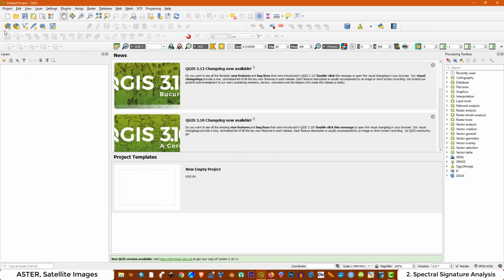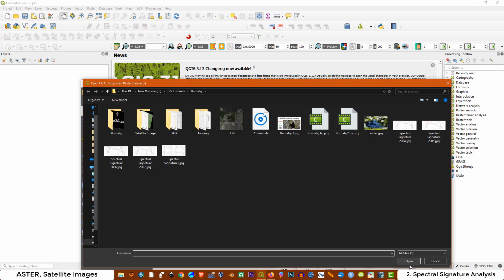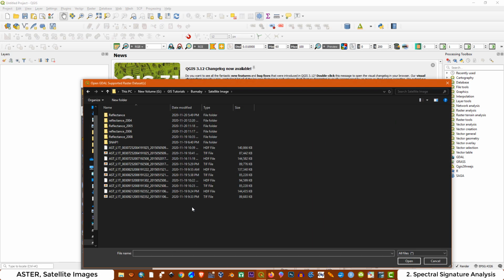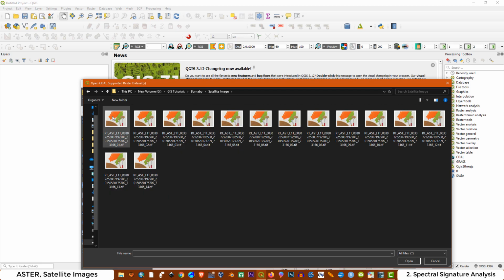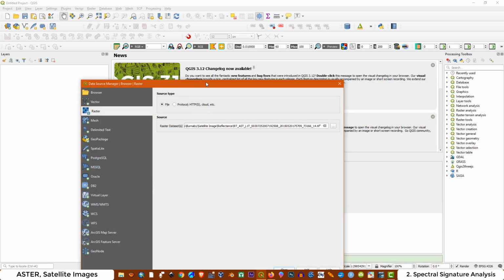To start, let's load the satellite imagery that we processed the other day. It was a raster image. Here it is inside this folder, and it is reflectance. Remember that we processed the image to convert the digital numbers to reflectance. And as you can see here, we have 14 different bands. Let's select all of these, and open, and add,